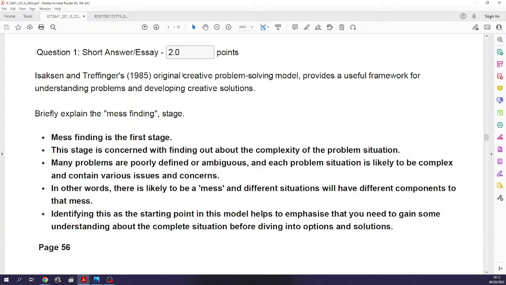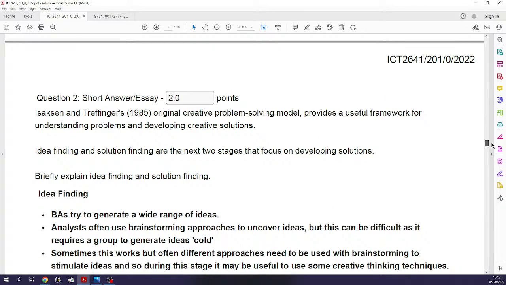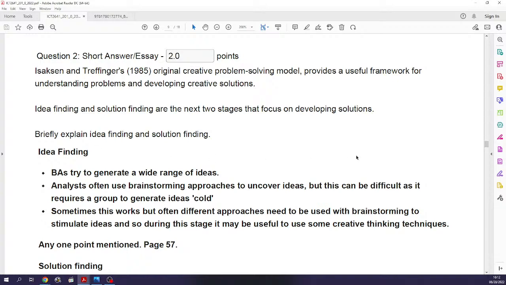Look carefully at the grammar, read the question carefully, like everybody says, but look at the grammar and vocabulary that they're using. Look for keywords that urge you to answer the question: list, name, describe, elaborate, briefly explain, write an essay, etc. Idea finding, briefly explain idea finding. So here, depending on mark allocation, you would be able to